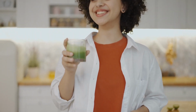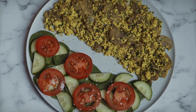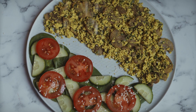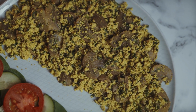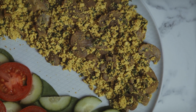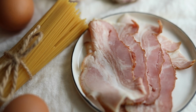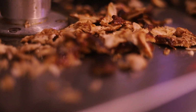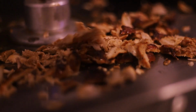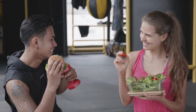Now let's discuss protein. You'll want to aim for moderate amounts, between 3 and 8 ounces, depending on your size, metabolism, and activity level. Good sources of protein include meat, fish, chicken, seafood, eggs, and cheese, as long as you don't have allergies or digestive issues. Just be cautious of added sugars in products like deli meats or bacon. Opt for fatty cuts of meat or fish rather than lean options, as higher fat proteins help control insulin levels